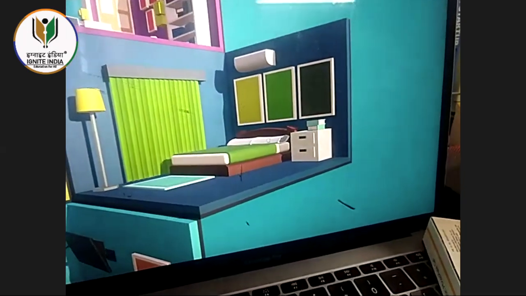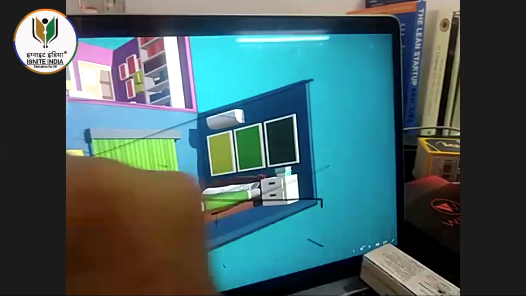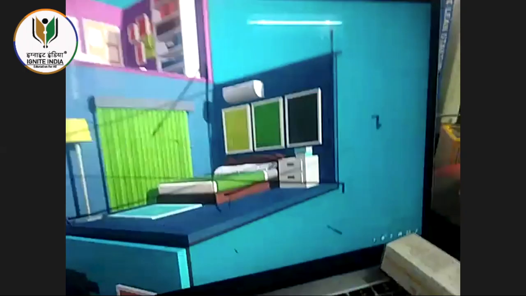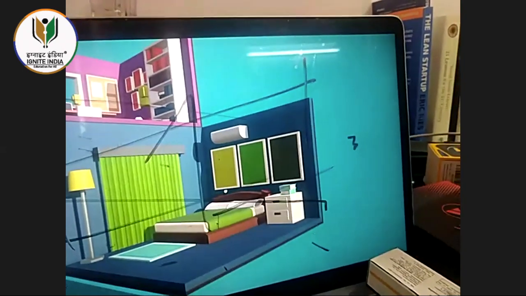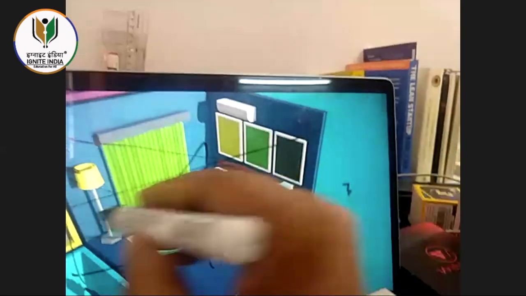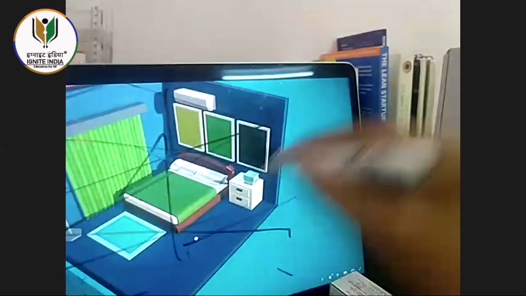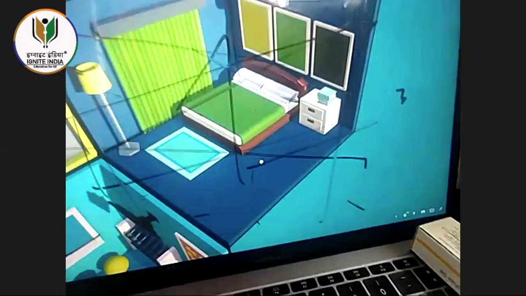And keep it like that here. I will find out going 2-point perspective like this. 1 perspective point this side, 1 perspective point this side, and height is remaining parallel. Okay, 3-point perspective. Move that this way. 1 vanishing point for this, 1 vanishing point for this, 1 vanishing point for these, right?